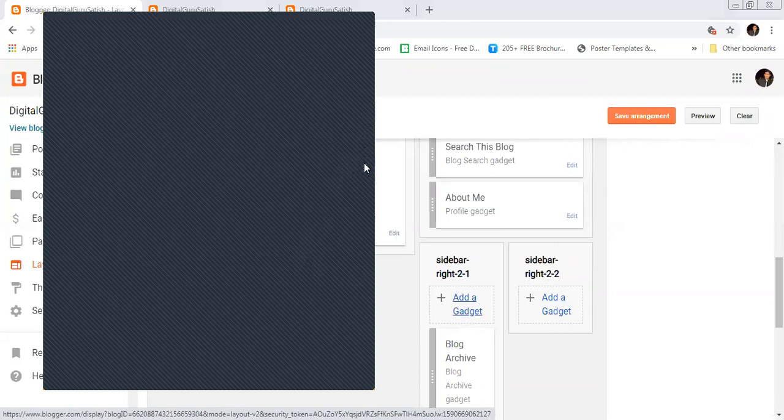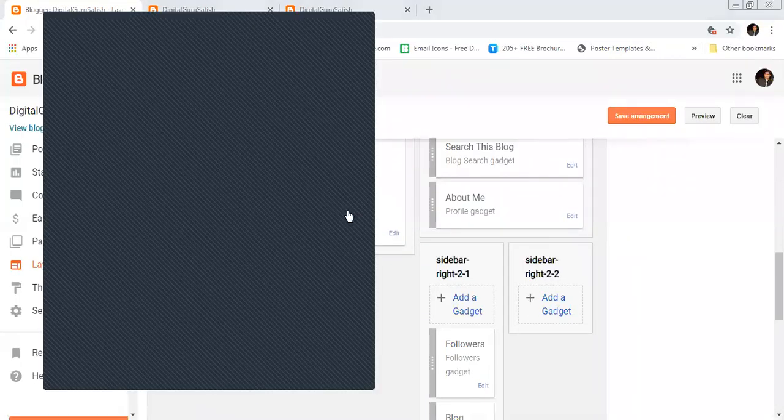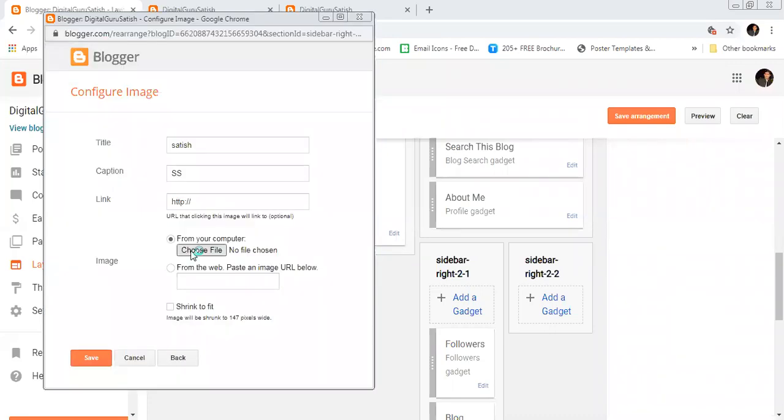You can add your follower section here, and in sidebar right 2 we will add an image. So the image is Satish, the caption is, and the URL. If you have any URL, you can put it here. Choose a file. Open this.